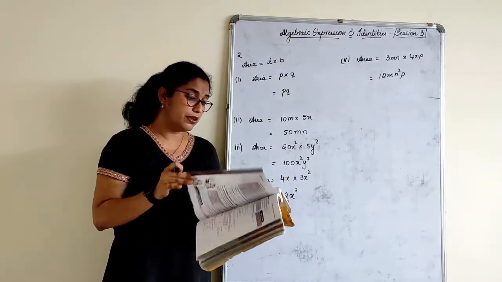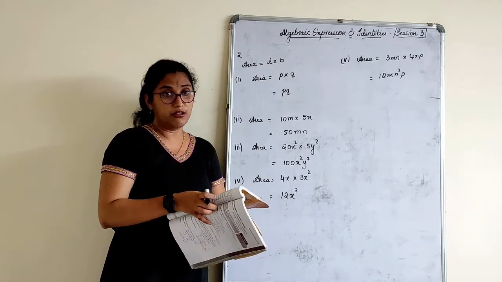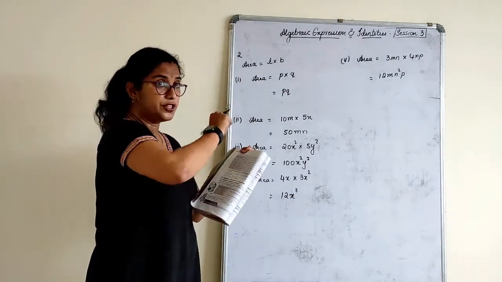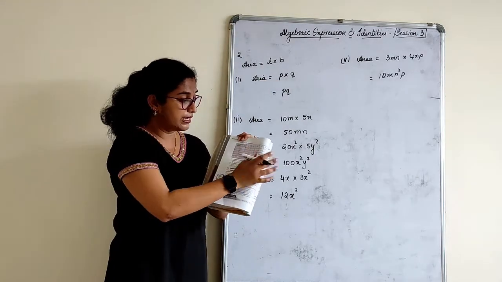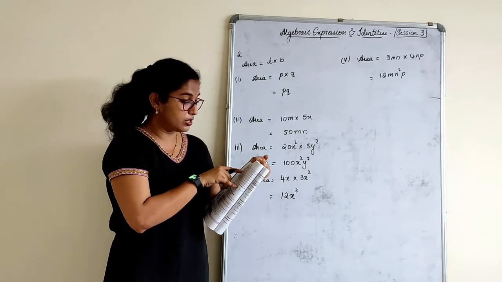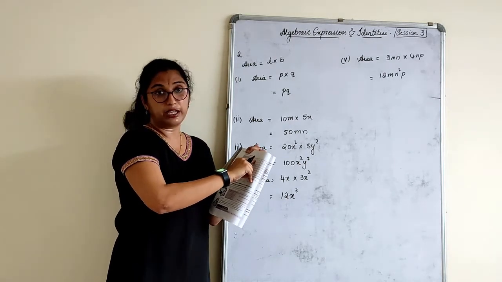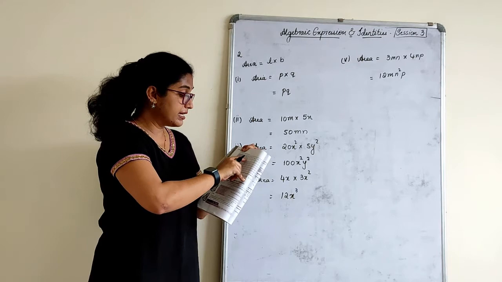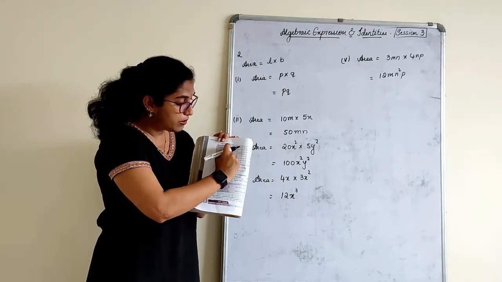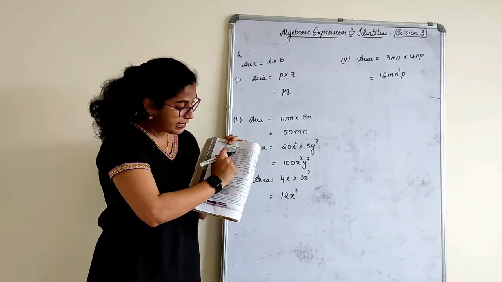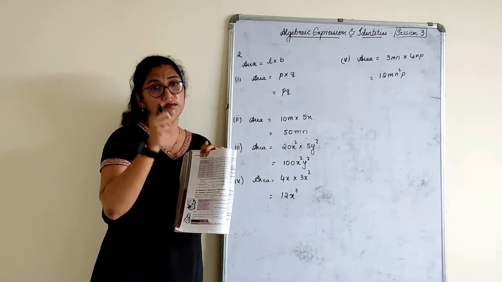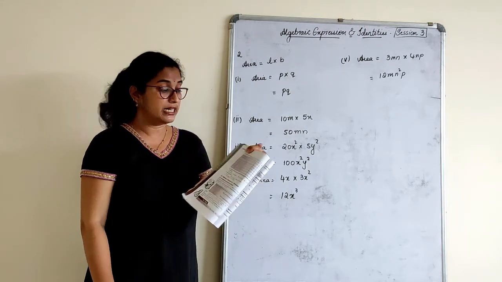Now next is a tabular column. The whole tabular column is your homework. I'll just explain what we do here. See here, a first monomial and a second monomial are given. When you multiply 2x and 2x, you get 4x square. 2x into minus 5y you will multiply. So 2 fives is minus 10xy. That means you multiply each monomial with all these terms. Then the second one with all these terms, the third one with all these terms, and the fourth one with these terms. The product of those two has to be done.